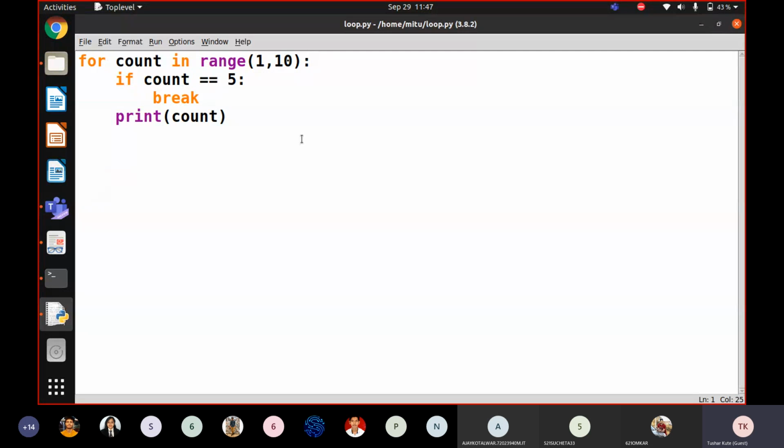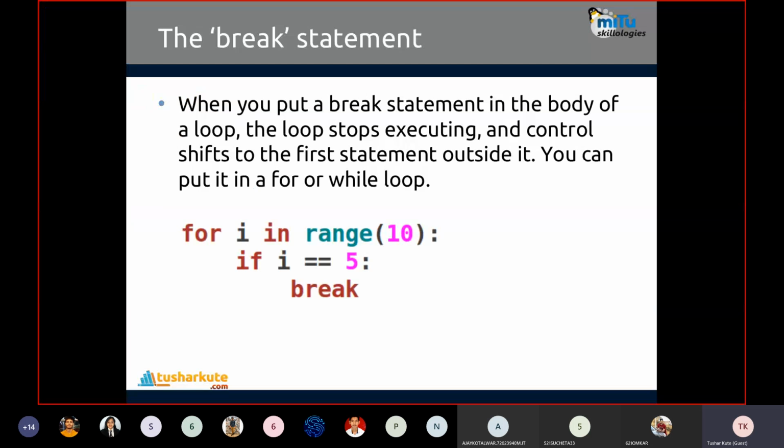So this is how we can make use of break. Generally, it is associated with a condition. So you need to have a condition given there and only then call the break statement. In C, C++ or Java, break is used in the switch case statement also, but in Python